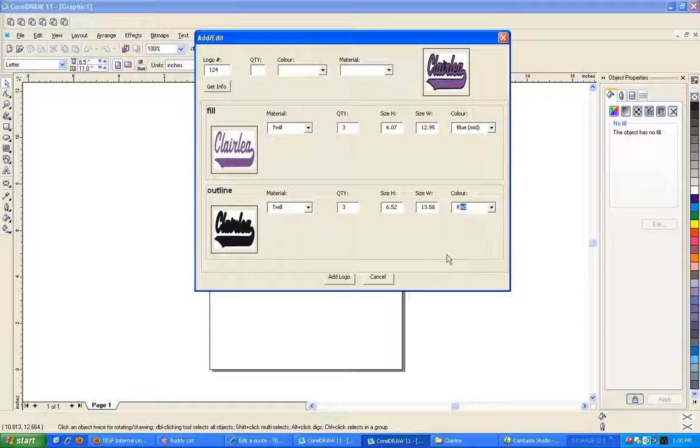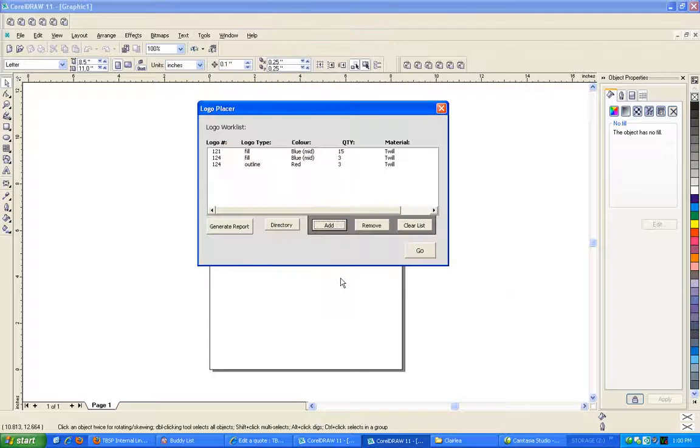Okay. So once you have all that entered in, you're going to go Add Logo, and it will have it all here, and you can continue to add, or you can even remove if you want to, or clear the whole list. Once you have all of the logos that you want to cut, you're going to click Go,